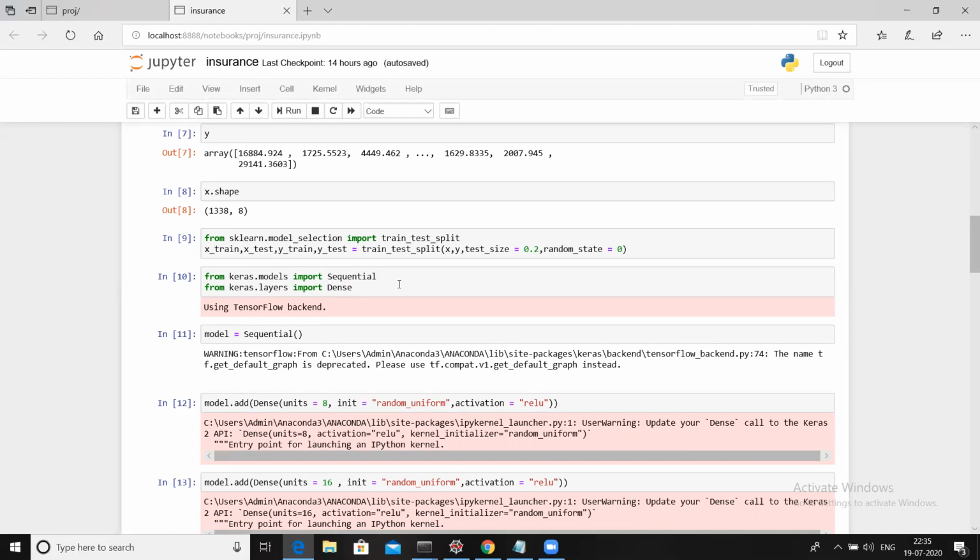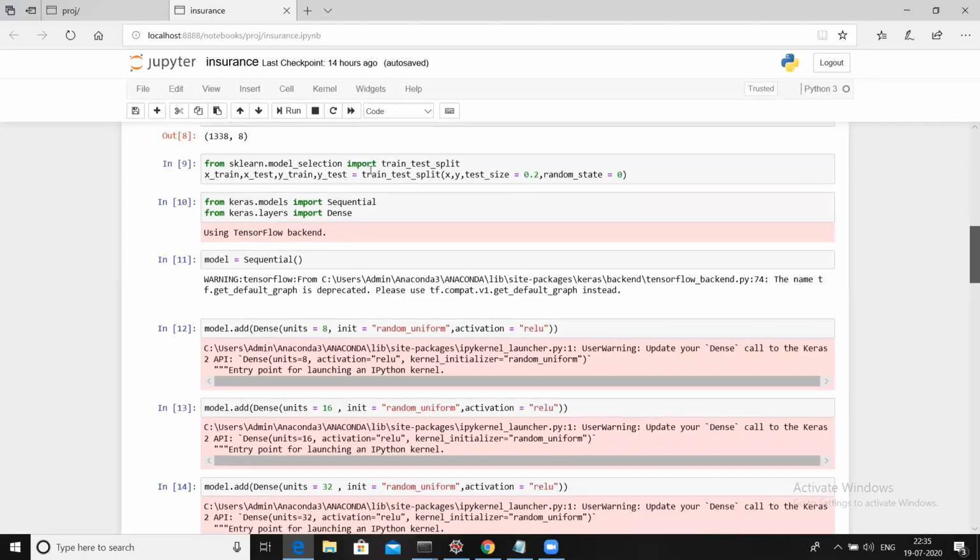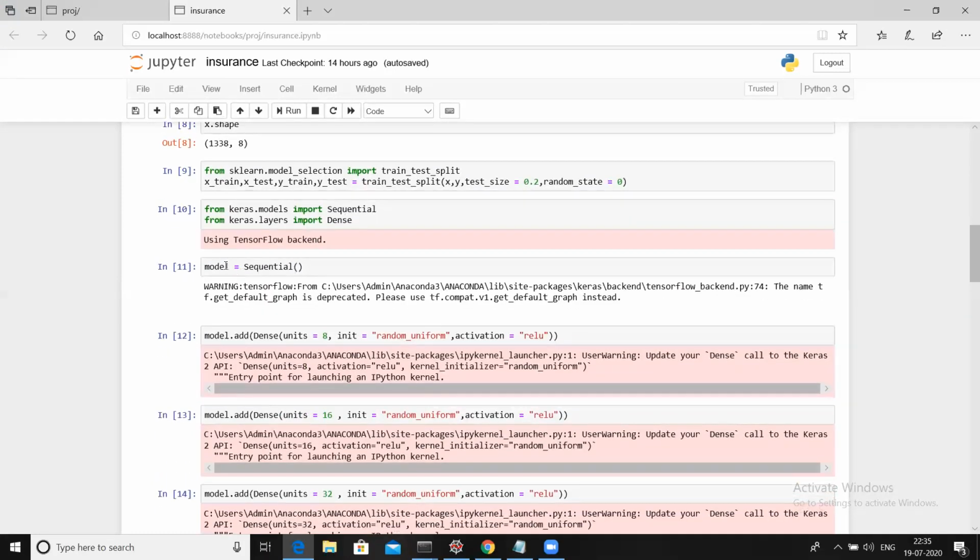Since it is a feed forward network, it will transfer information from one layer to the other. In the same way, Dense. Next, we are importing the library and